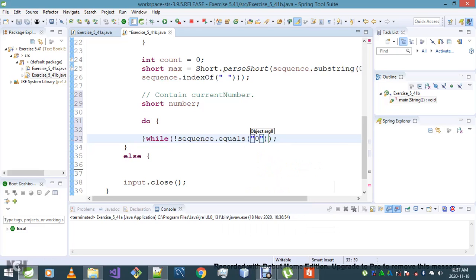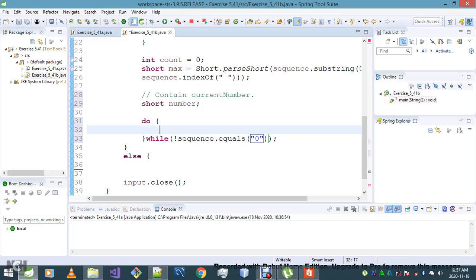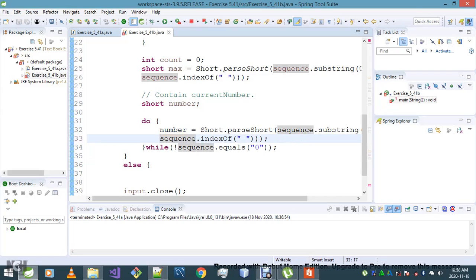And you will see in a moment why I'm saying that. First things first, I want to initialize my number. Once I'm done initializing my number,